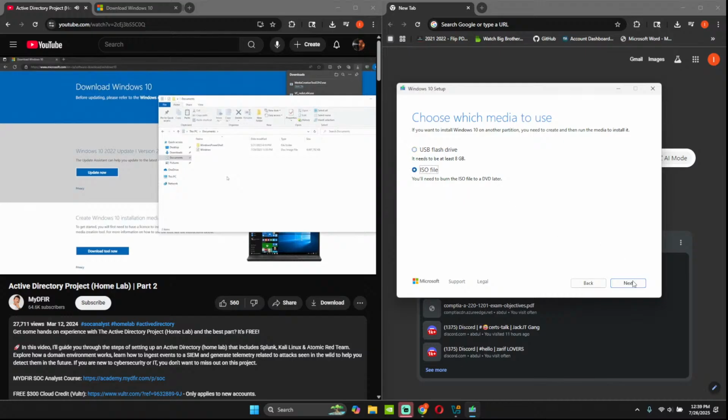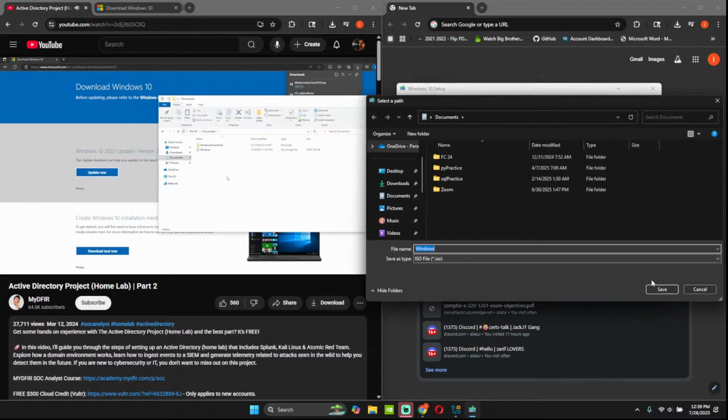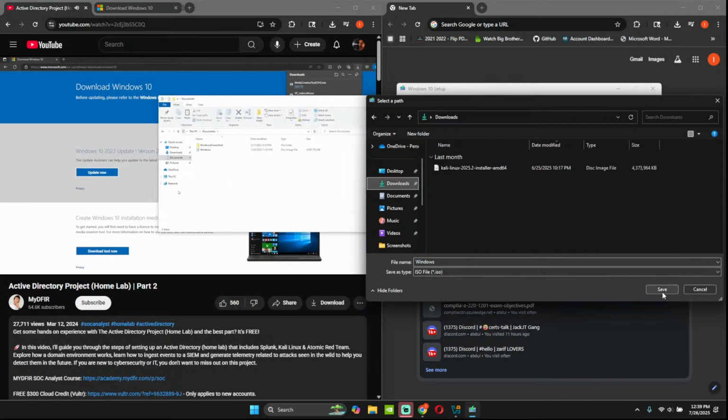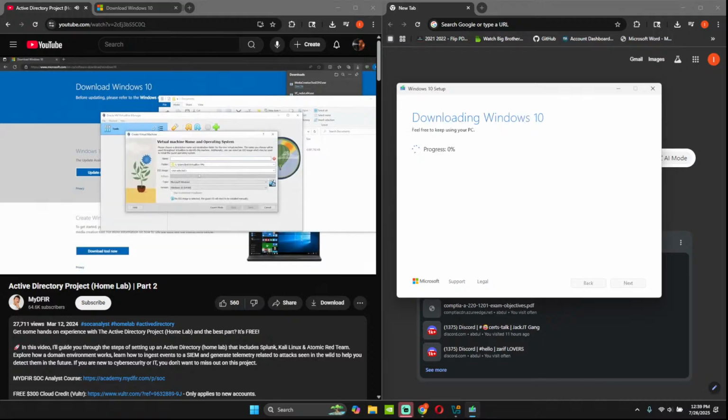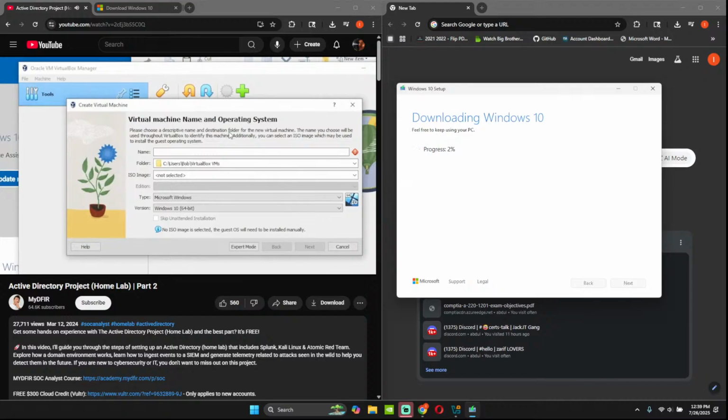So now that my Windows ISO image has been successfully downloaded, we can now jump over to our VirtualBox and start creating a virtual machine. We'll open up the window for VirtualBox and click on New. Here we can enter a name for our virtual machine and select the directory where we want